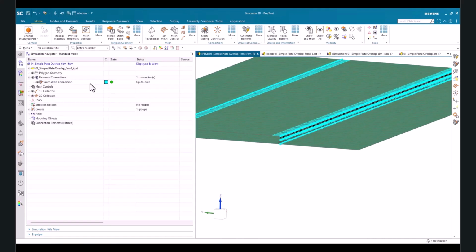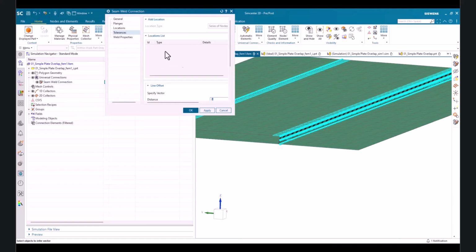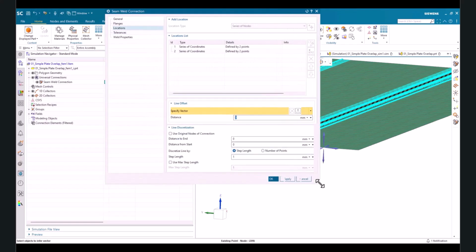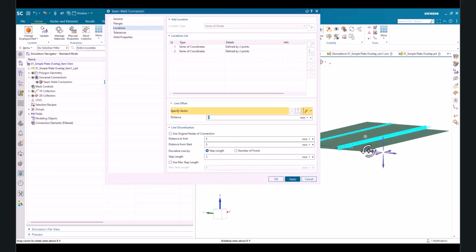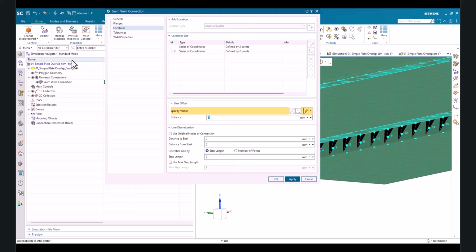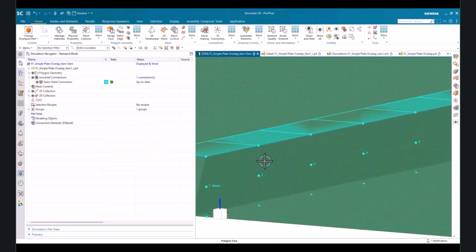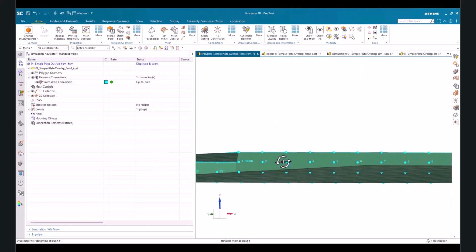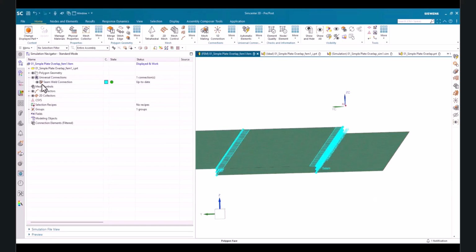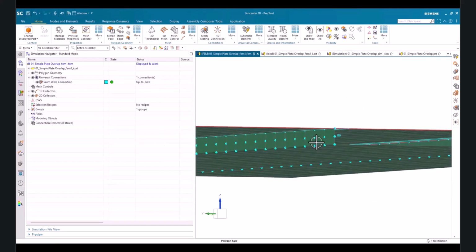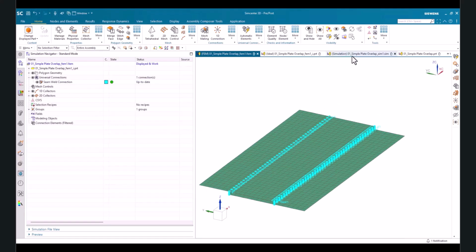And here we can see we have some bad elements that were created, so I will go ahead and adjust some settings to make the C-quads a little bit more uniform. And I'll apply a step length the size of the mesh, so we'll see a more uniform C-quad representation. And now we have our representation for the welds.